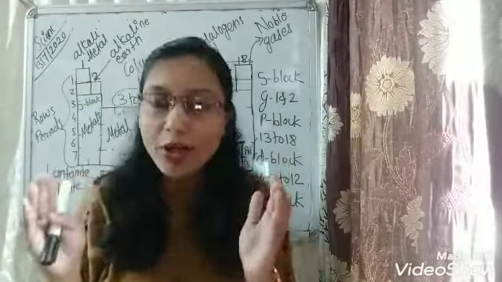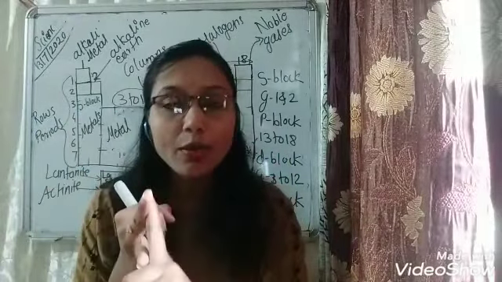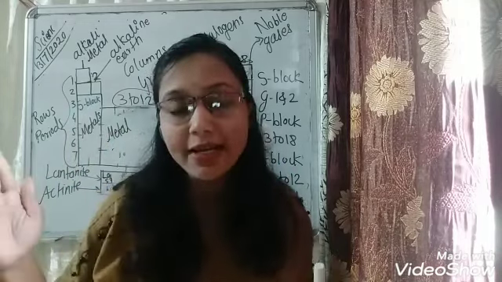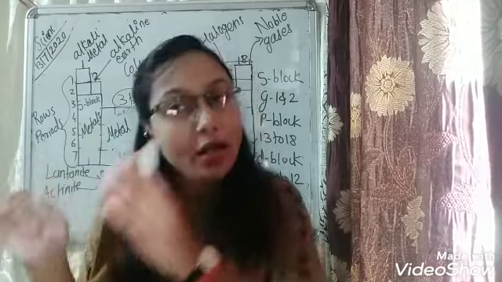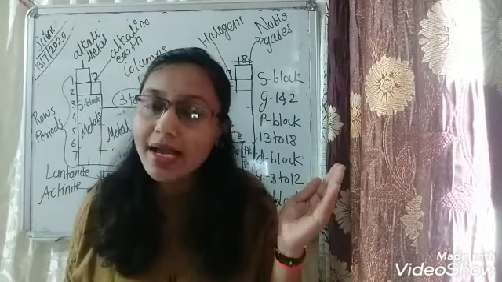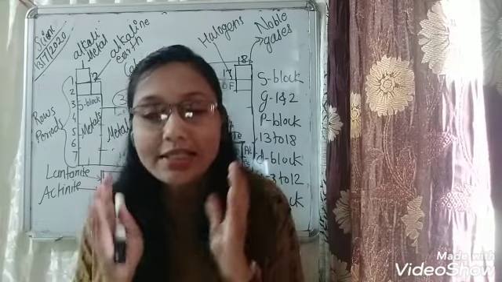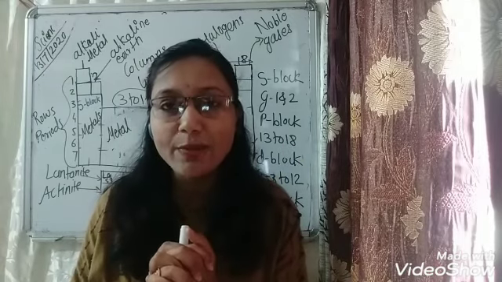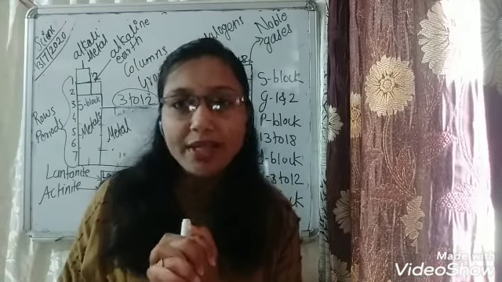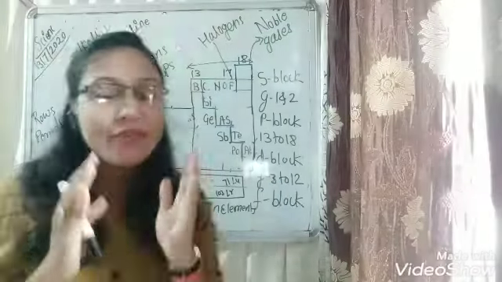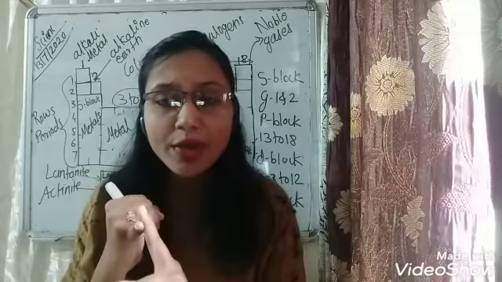Means in the modern periodic table, metals, non-metals and metalloids easily get separated. Towards the left hand side of the modern periodic table, all are metals. Towards the right hand side of the metalloids, all are non-metals. And on the zigzag line, what is present? Metalloids are present. So this is our structure of the modern periodic table, which is based on the atomic number,